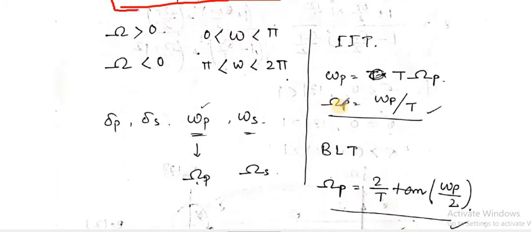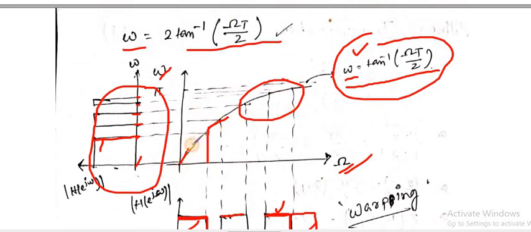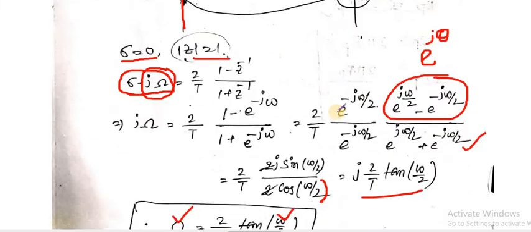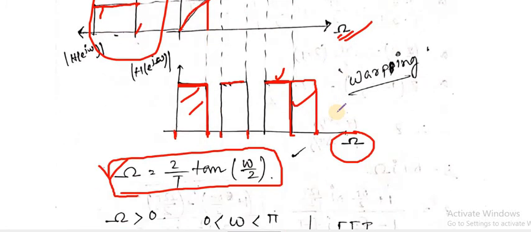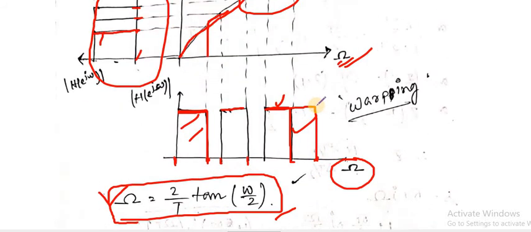So obviously this is the relation, but in the impulse invariance technique we have a linear relationship between capital omega and small omega. So this is the concept of bilinear transformation, where the mapping is unique, and also by pre-warping we will find the pre-warping frequency first, then we will apply the bilinear transformation method. So we can design an IIR filter very efficiently.